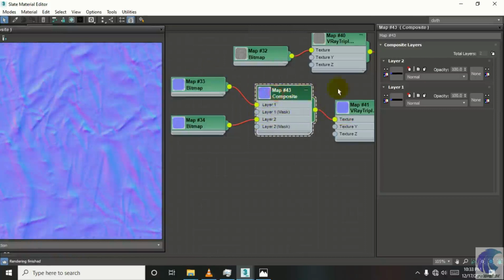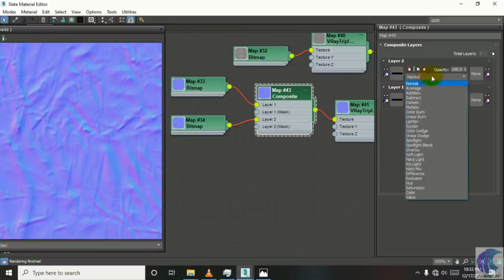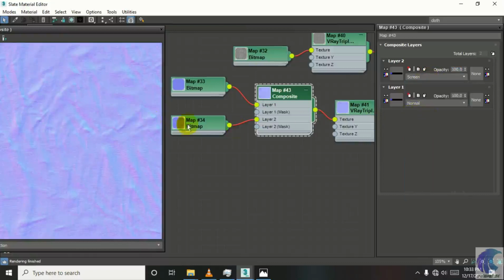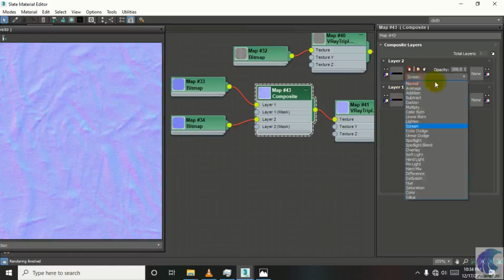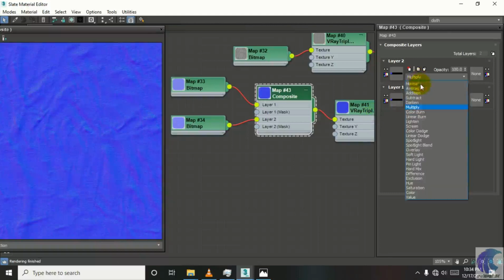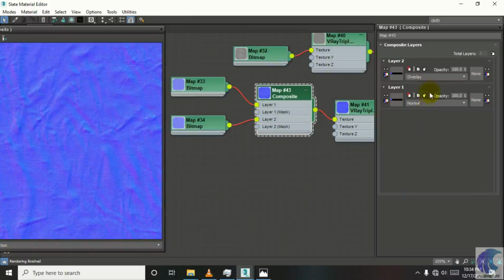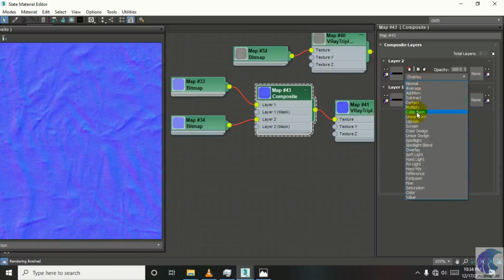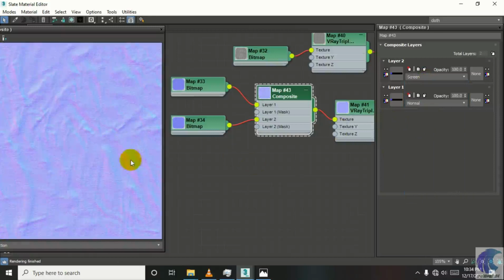Now look at this, we have to lower the opacity. I told you in another case that this composition is based upon the opacity. As you decrease opacity, the other layer will be visible, or you can use different modes. Look at this, this is merging between another and multiply. This merging or composition is based upon the composition in Photoshop. This is the same in V-Ray as in Photoshop. So we don't want it to be like this.